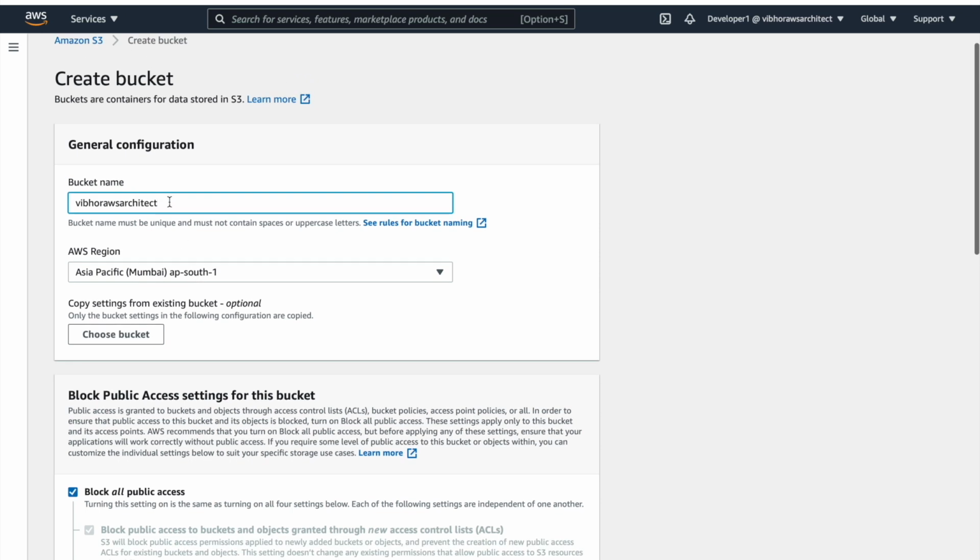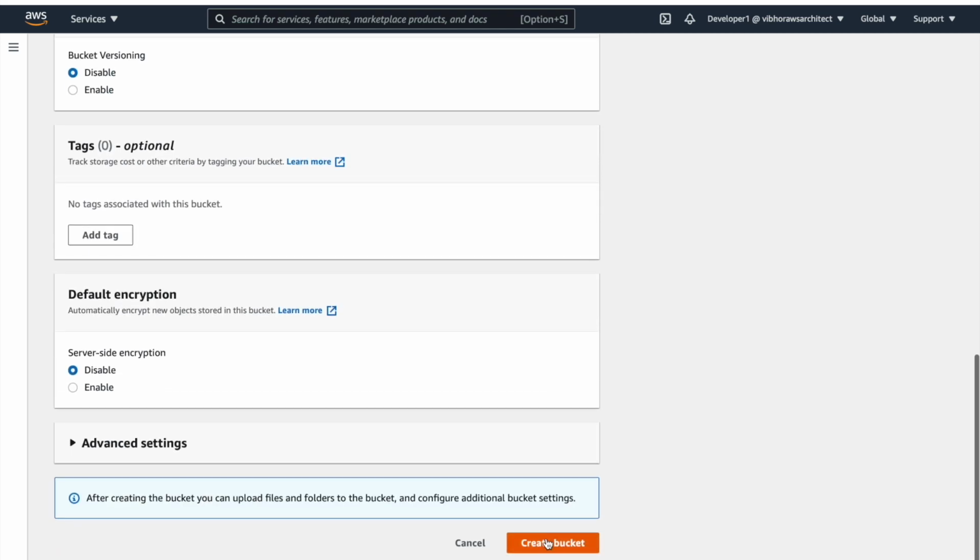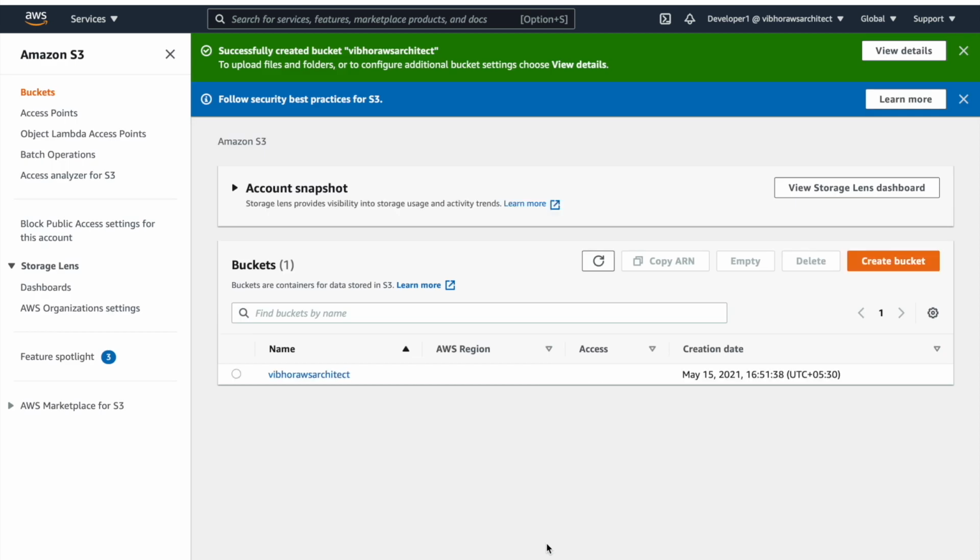This name should be unique, so you may get an error if you are using a very common name. You can customize it by entering some numbers at the end. And then click on create bucket. So our bucket is created. That means we do have full access of the S3 service.